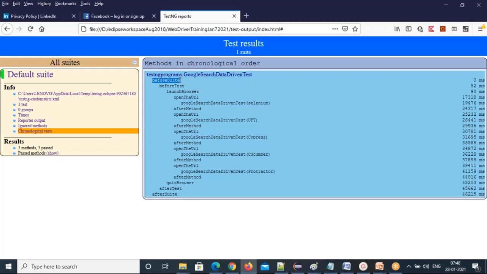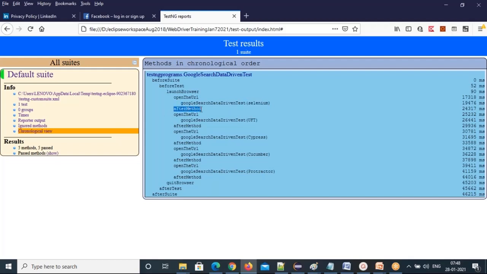Even though you didn't write any code, the annotation will be called first. Then before test. After before suite, control goes to the before test annotation. Then before class. This launch browser is the before class. Then before method. Open the URL is a before method. Then Google search data driven test is a test method.